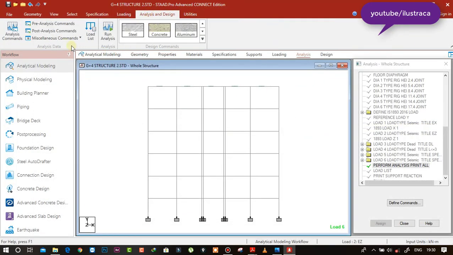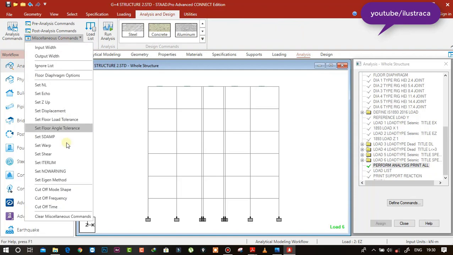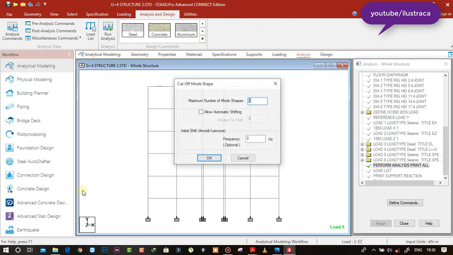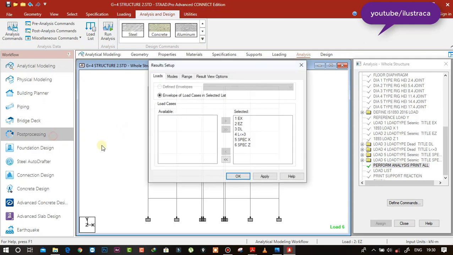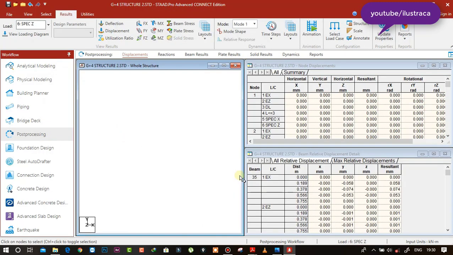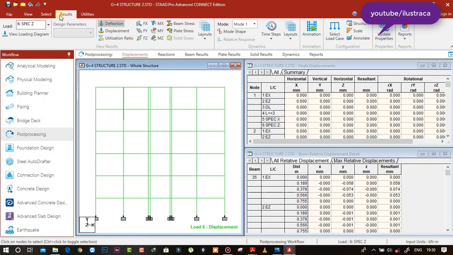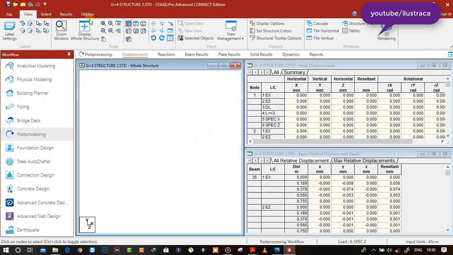So how can you increase the number of modes? Let's go to analysis and design, miscellaneous commands. If you go to cutoff mode shape, you can see 6 is the default value, and you can change it. I'll keep it like that. Now if you go to the post processing, I'll select all these nodes, just to change the view.